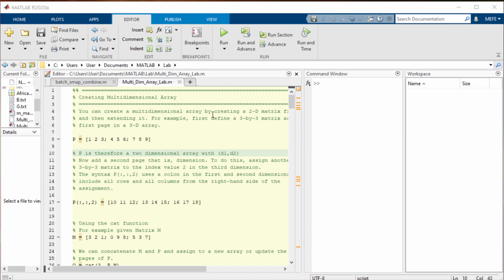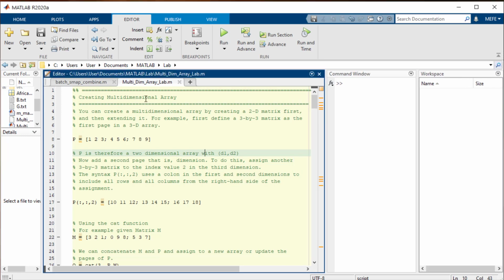Based on the lessons we've had in the theoretical section, first we are going to start with creating a multidimensional array in MATLAB. So here is the M file. The first part is creating a multidimensional array. You can create a multidimensional array by creating a two-dimensional matrix first and then extending it. For example, we define a 3 by 3 matrix as the first page in a 3-dimensional array